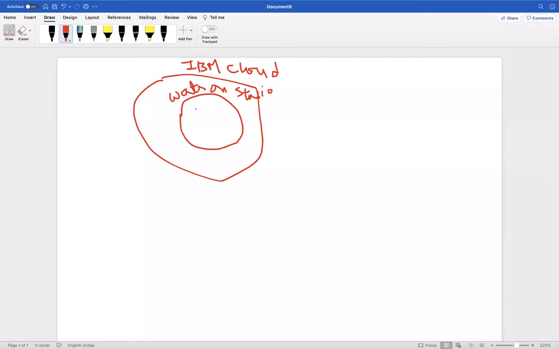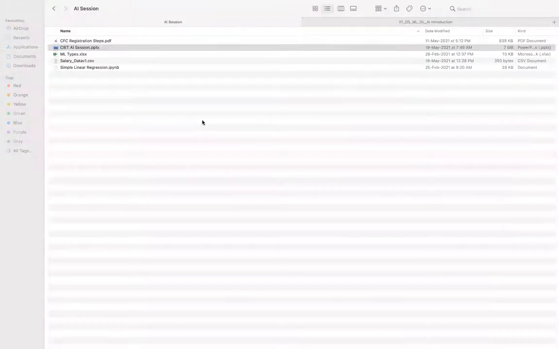Now, when I created the Watson Studio service, you can see internally this as IBM Cloud Pak for Data. Okay, so IBM Cloud Pak for Data is what you are all in.